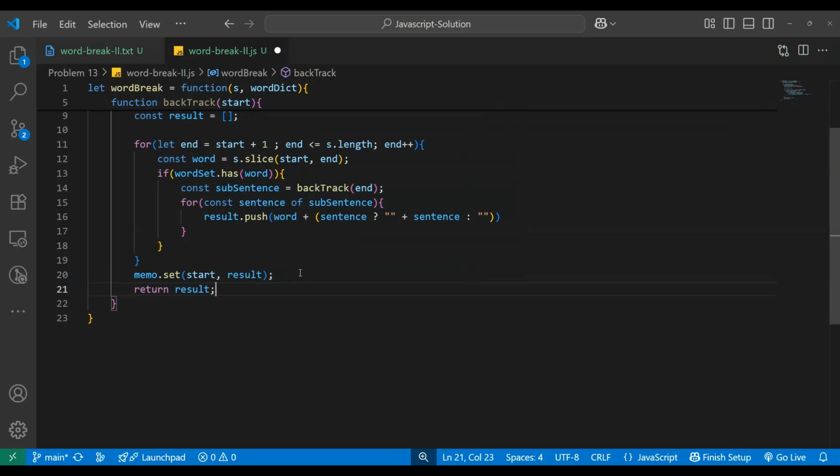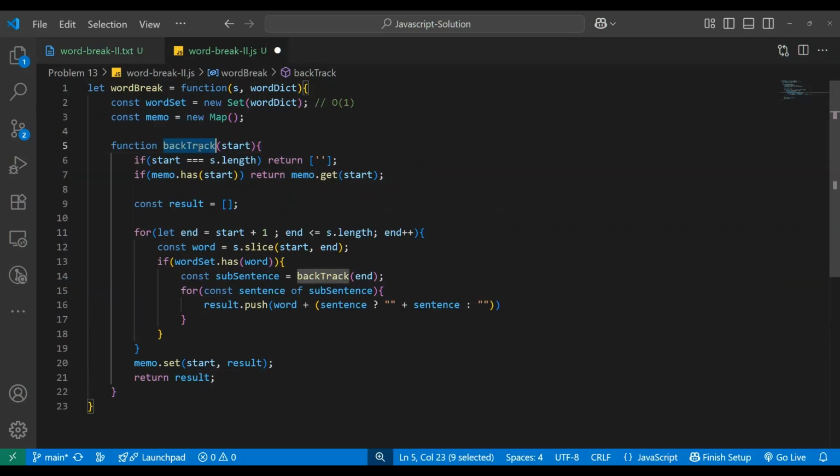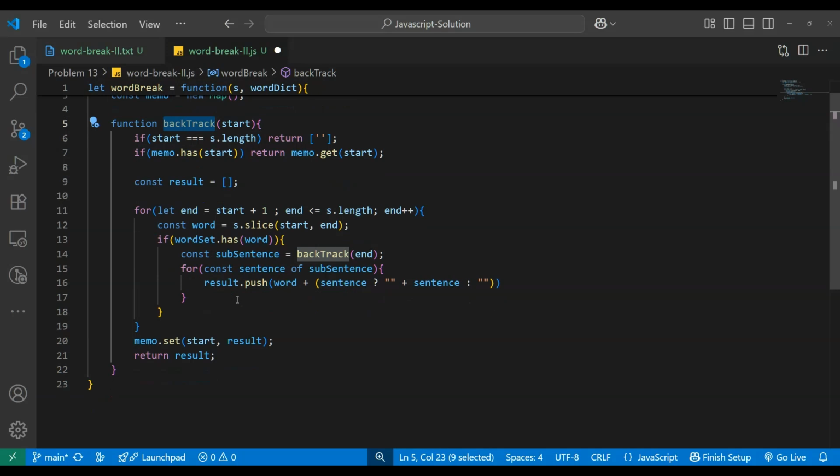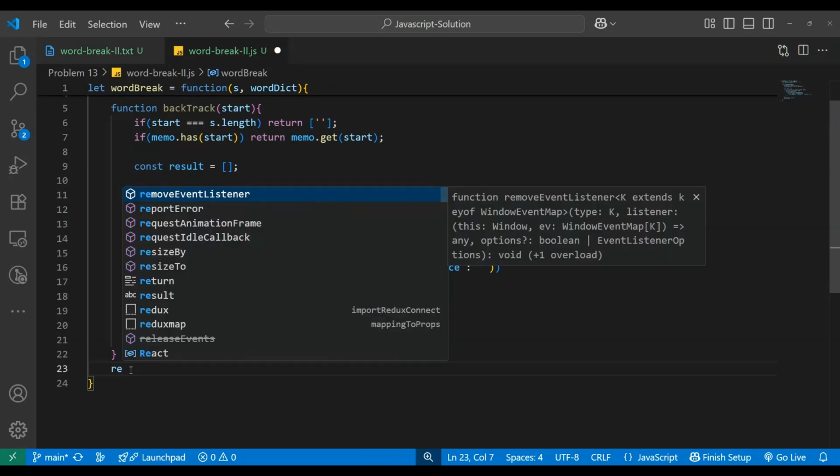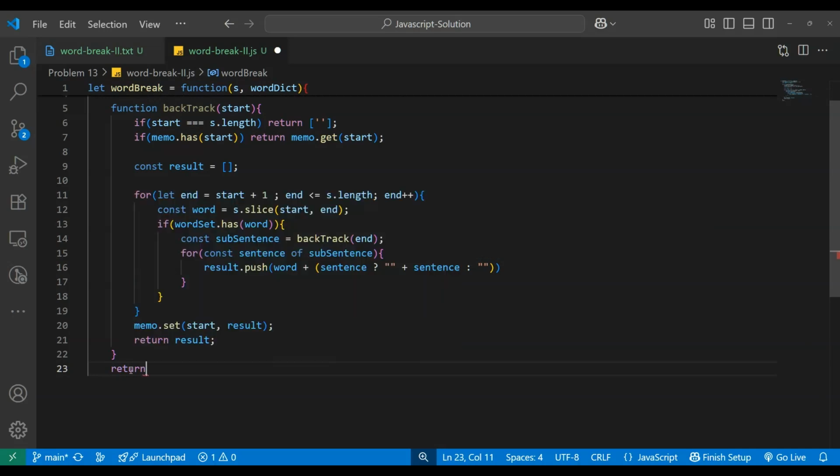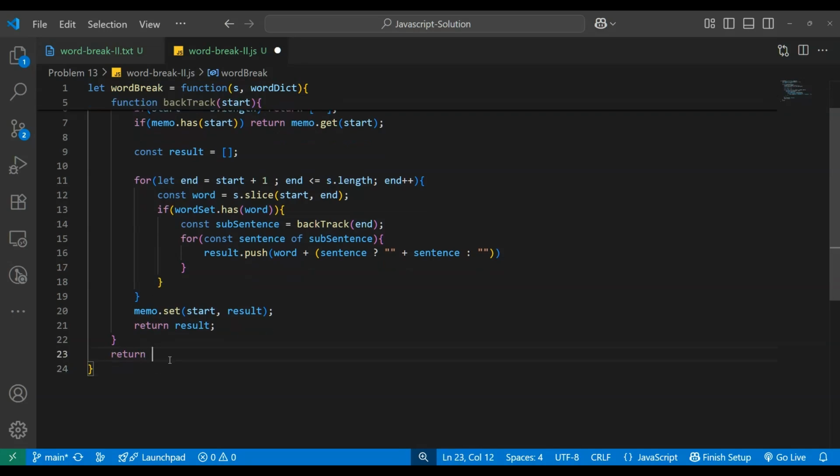First we check the cache result for the current start index and return all the sentences formed from the index start. And now we need to return backtrack with 0, that is, start the backtracking from index 0 of the string. So here we need to return backtrack with 0,